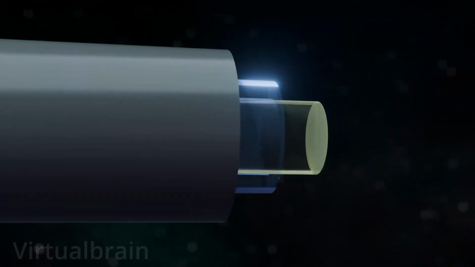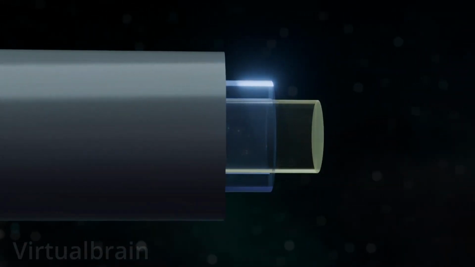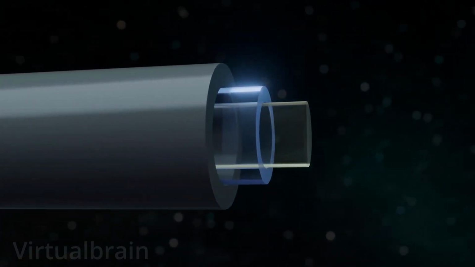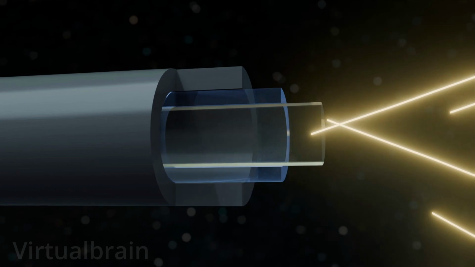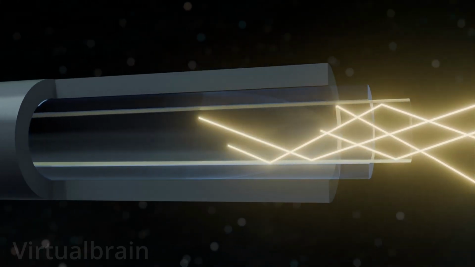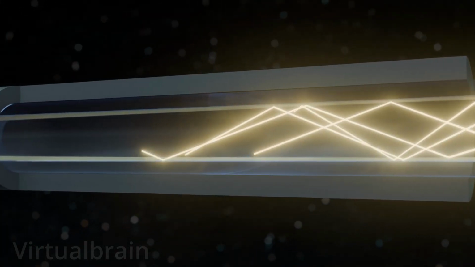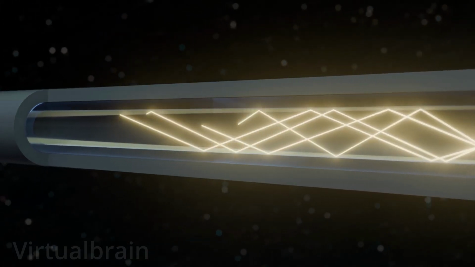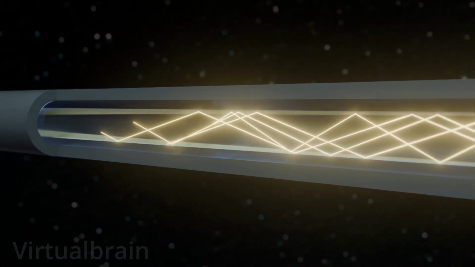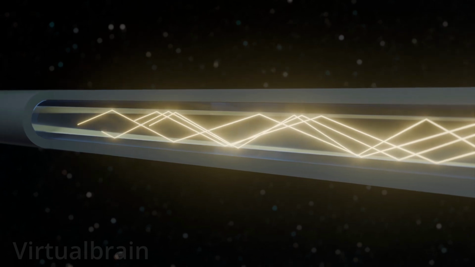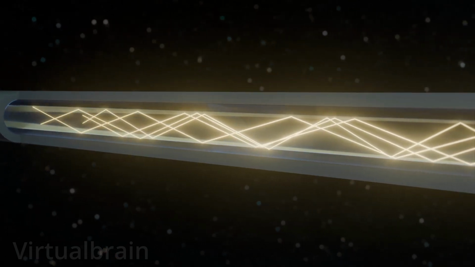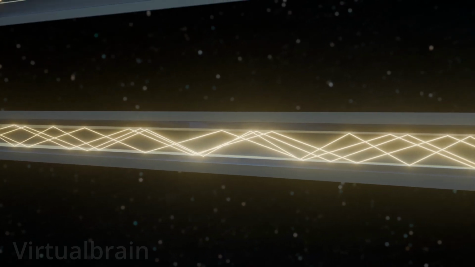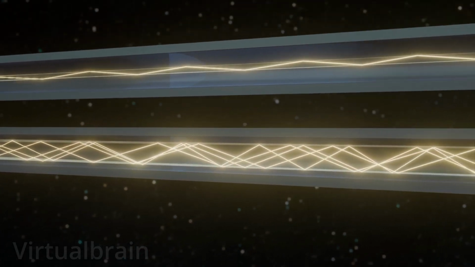Multi-mode fibers, on the other hand, have a larger core, usually around 50 to 60 micrometers in diameter. This allows them to transmit multiple light signals simultaneously, each taking a slightly different path. While this allows for higher data transfer rates, it can also cause signal degradation over longer distances due to the different travel paths. As a result, multi-mode fibers are better suited for short-range applications such as local area networks and